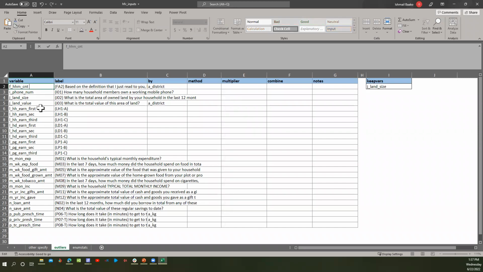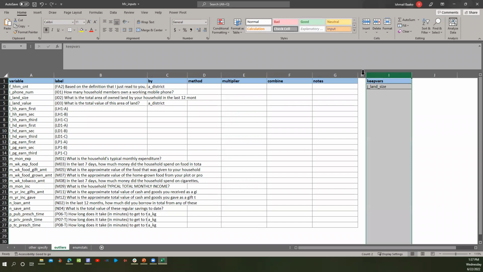So for instance, if you put HHM age star, all the variables in that val list would use the same additional options that you've specified for that row. So each row is seen as just a single row with all the settings being the same. Of course, this doesn't include keep vars, because keep vars applies to everything, and that is why we intentionally put a space in here to show the difference.